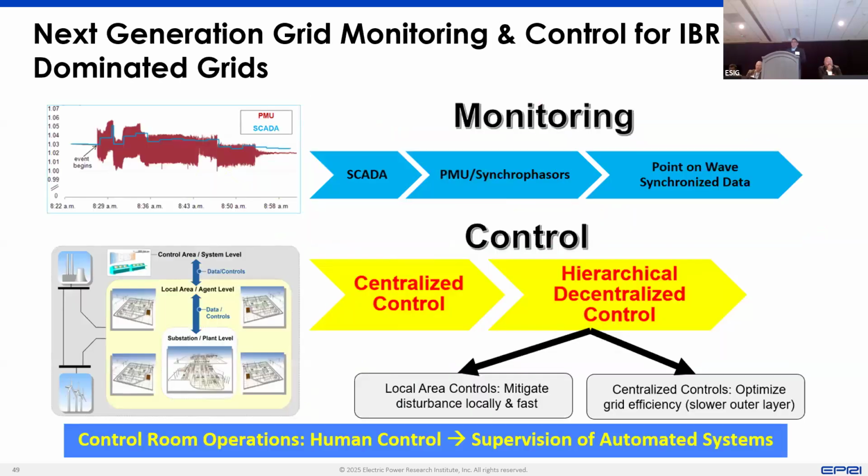Also, not relying on more centralized control, but also looking at more decentralized control. Centralized controls typically are much slower, and now we have seen that you have a lot of IBRs in the system. For example, you can use the power oscillation damping capability of these IBRs to suppress some of these oscillations locally. So we're looking into that from a more decentralized kind of control, how you can use PMUs and other devices to damp those oscillations.